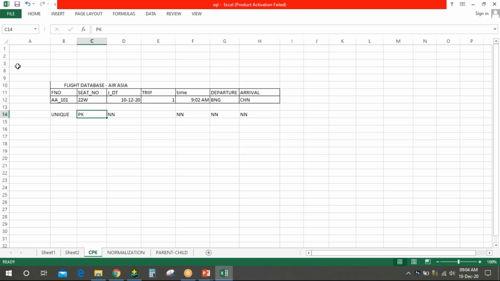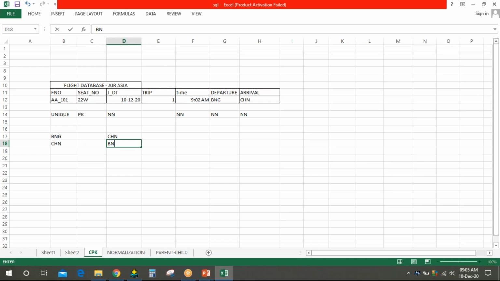Think from the backend data, how it works. And if you put unique here, let's consider a flight has traveled from Bangalore to Chennai, and from Chennai it has come back to Bangalore.